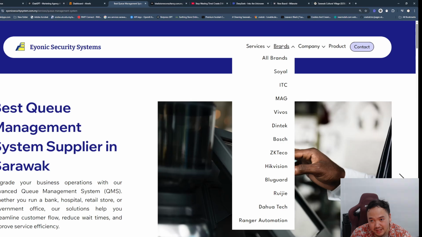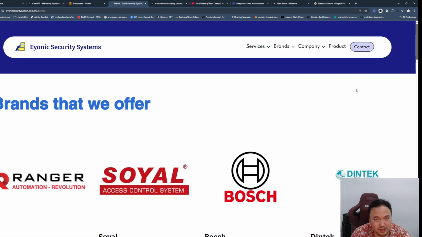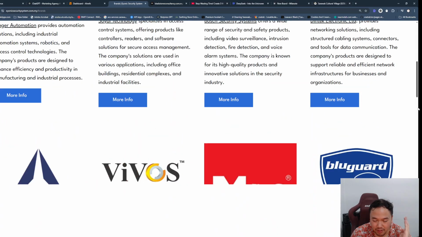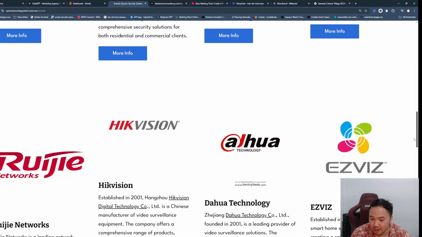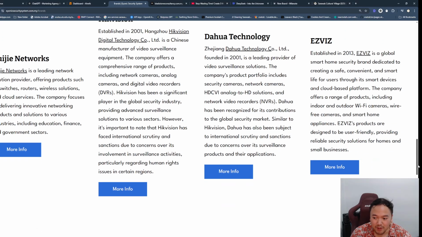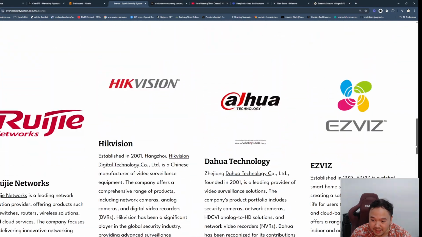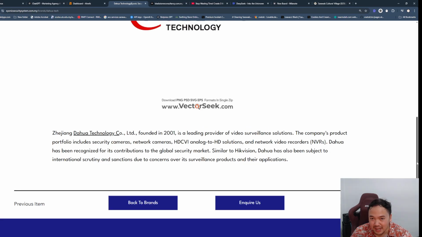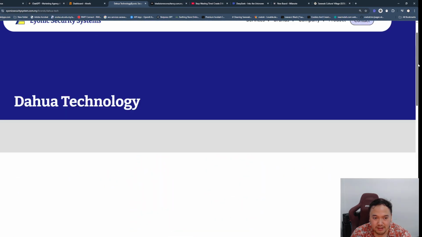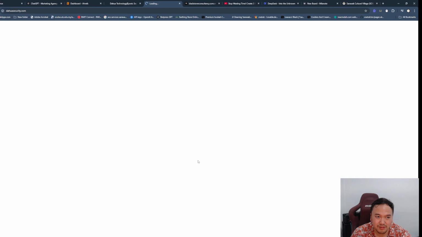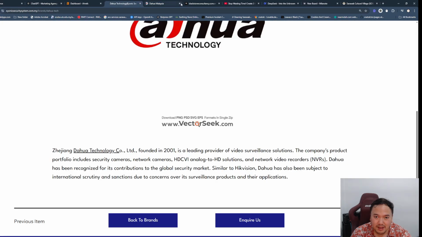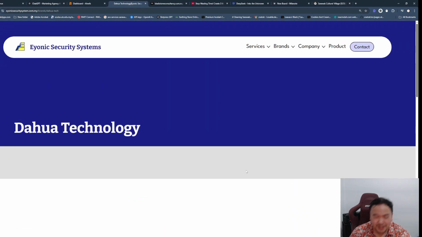There's the services pages. Then the next thing is all about brands. Okay, so these are brands that are related to the products that the company is offering. Different brands, because for obvious reasons these guys have partnerships with other companies. Okay, they don't create their own CCTV and technology and whatnot. They are just an installation service company, a contractor. Okay, so if you talk about the brand, you link it back to, obviously, the main website of the brand. Okay, so this builds more knowledge for the website.